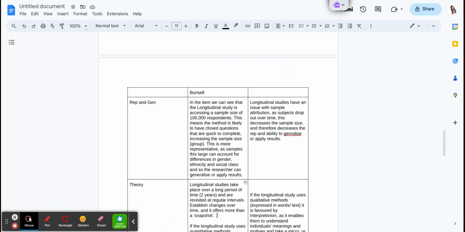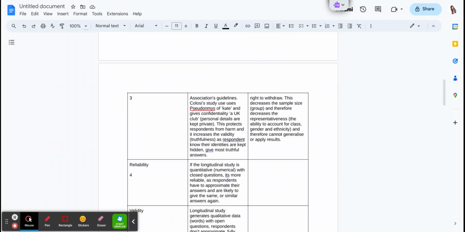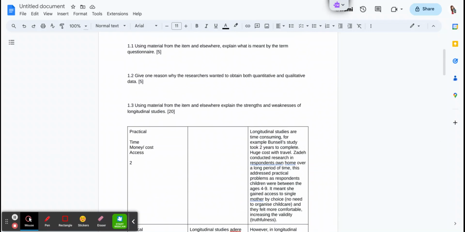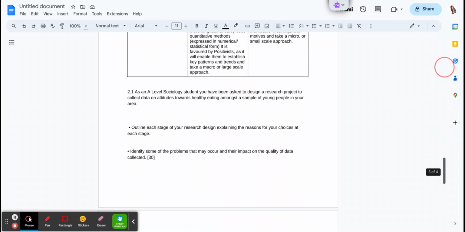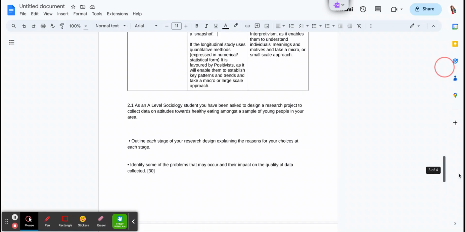So that's how I would structure this 20 marker. It looks really, really difficult to begin with, but the purpose of this is obviously you've done longitudinal in the lesson. I've shown you longitudinal as a 5 marker and we've structured it together. And this just means you get revision over longitudinal again within the same week. And I'm applying it to a question that looks really, really difficult, but to show you that you could totally do this